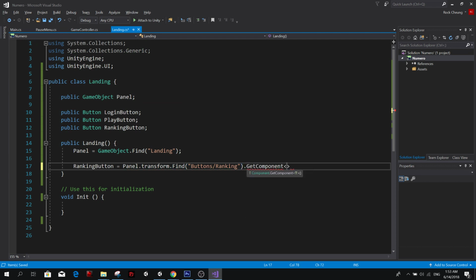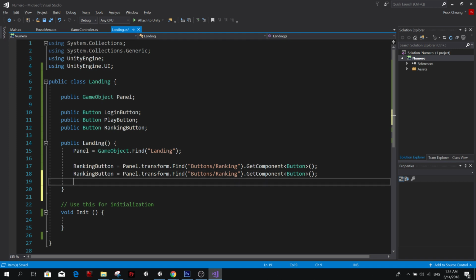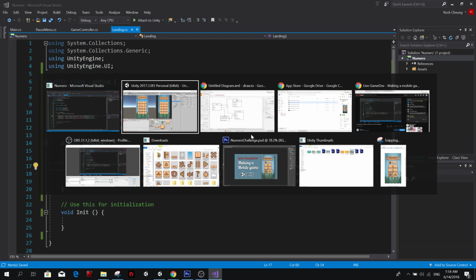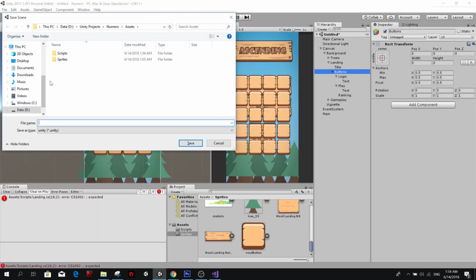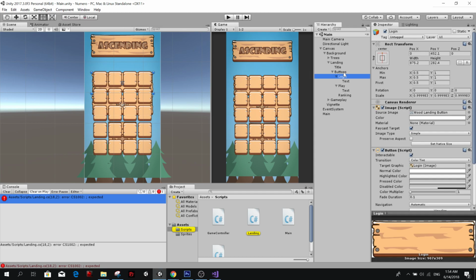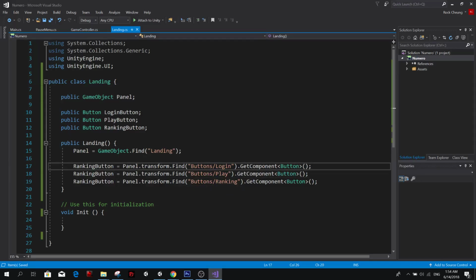Get component button. Oh right, we haven't saved this scene, so I'm going to save this scene as main. So we have the buttons here.